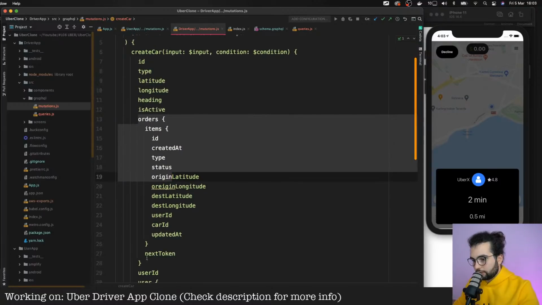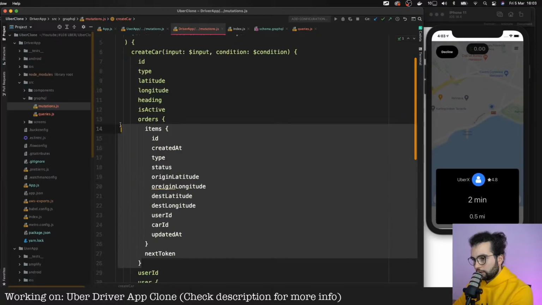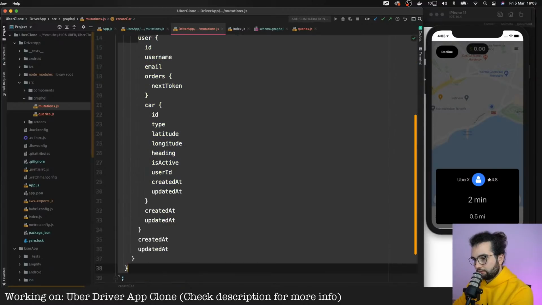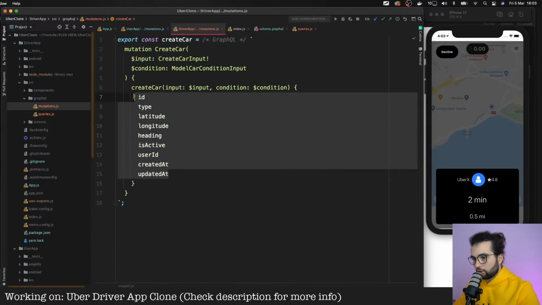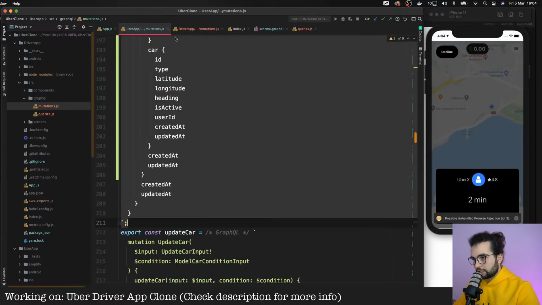We don't need to query the orders of that car. Okay, we can query the user ID. We don't need the actual user createdAt. Yeah, let's leave it like this. Only the information about the car.